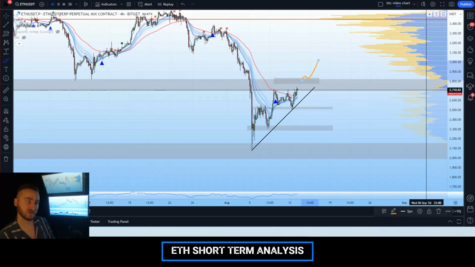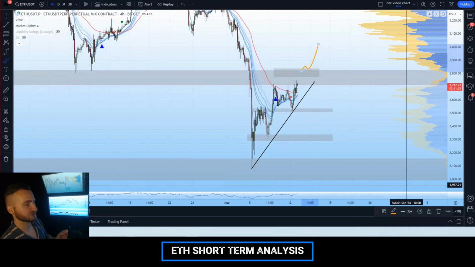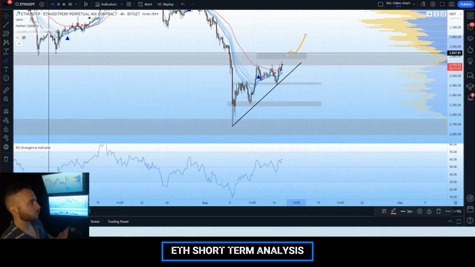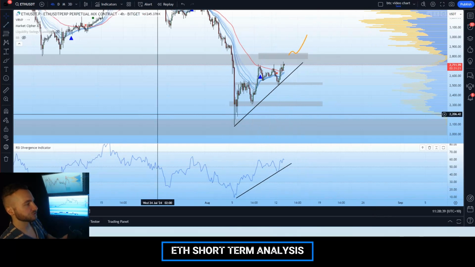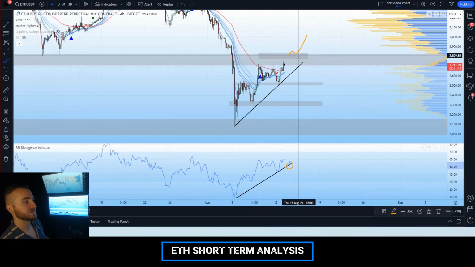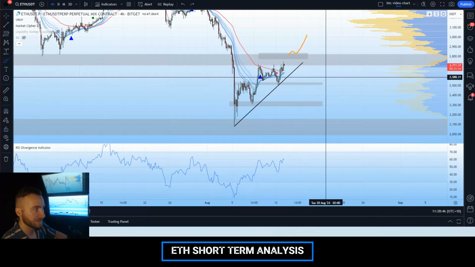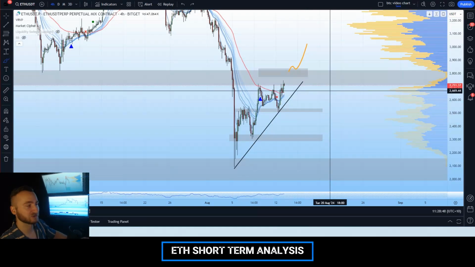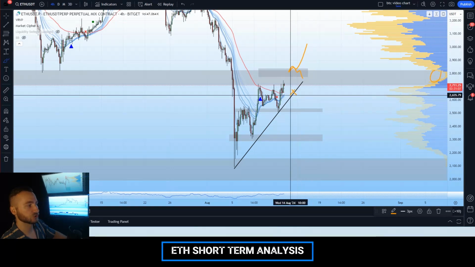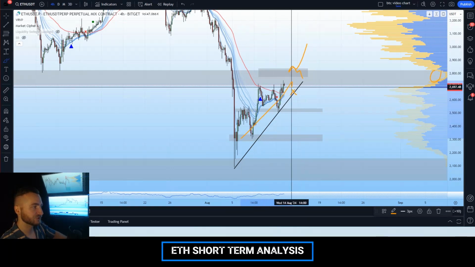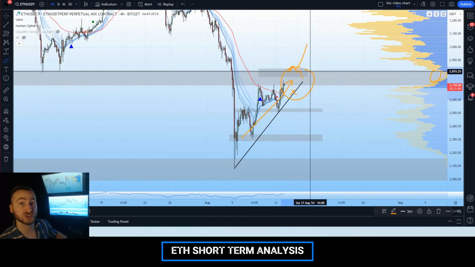Again, a lot of what happens with Ethereum is heavily dependent on Bitcoin. According to our structural levels here, according to our technical levels here, we are watching this uptrend very, very closely. Again, we do have that uptrend RSI. If we do see a breakdown of that RSI, we are very likely to break this uptrend as well. I would not be expecting bearish reversals to develop unless, of course, we break the RSI, we see a reversal develop within this liquidity pocket, or we lose this short-term uptrend. Until then, Ethereum is on an uptrend. However, the risk of a reversal is increasing as we approach this apex zone.